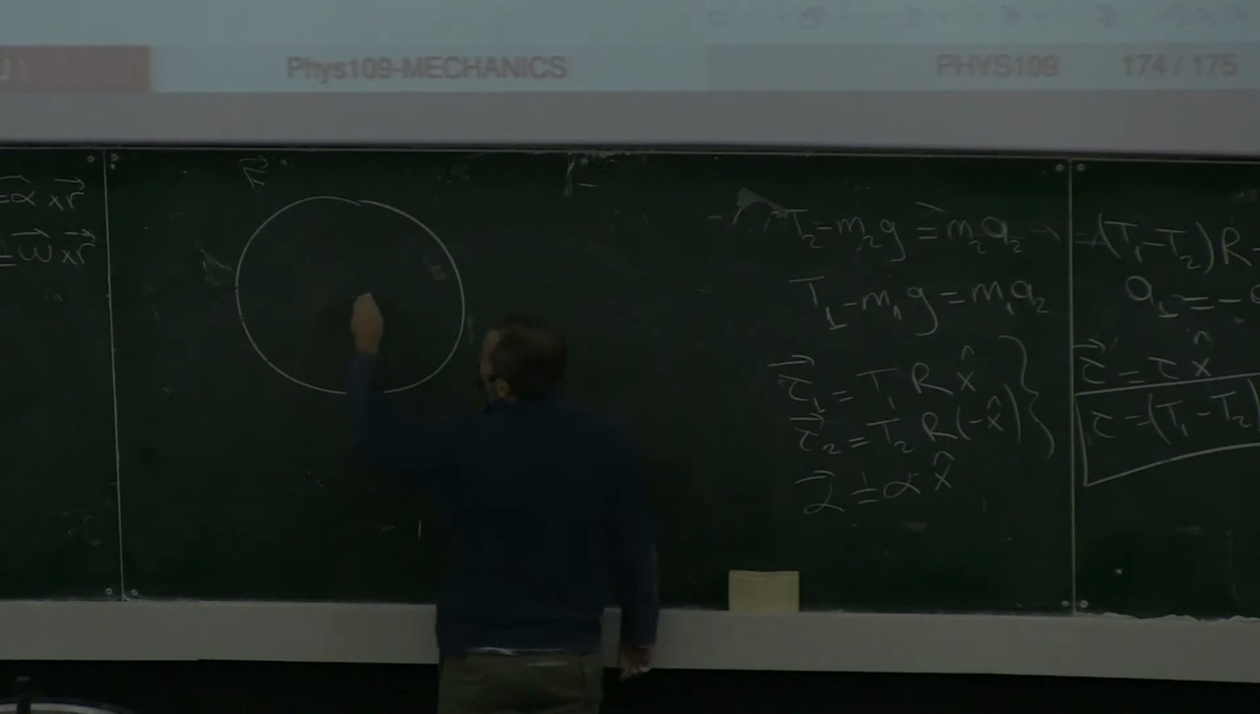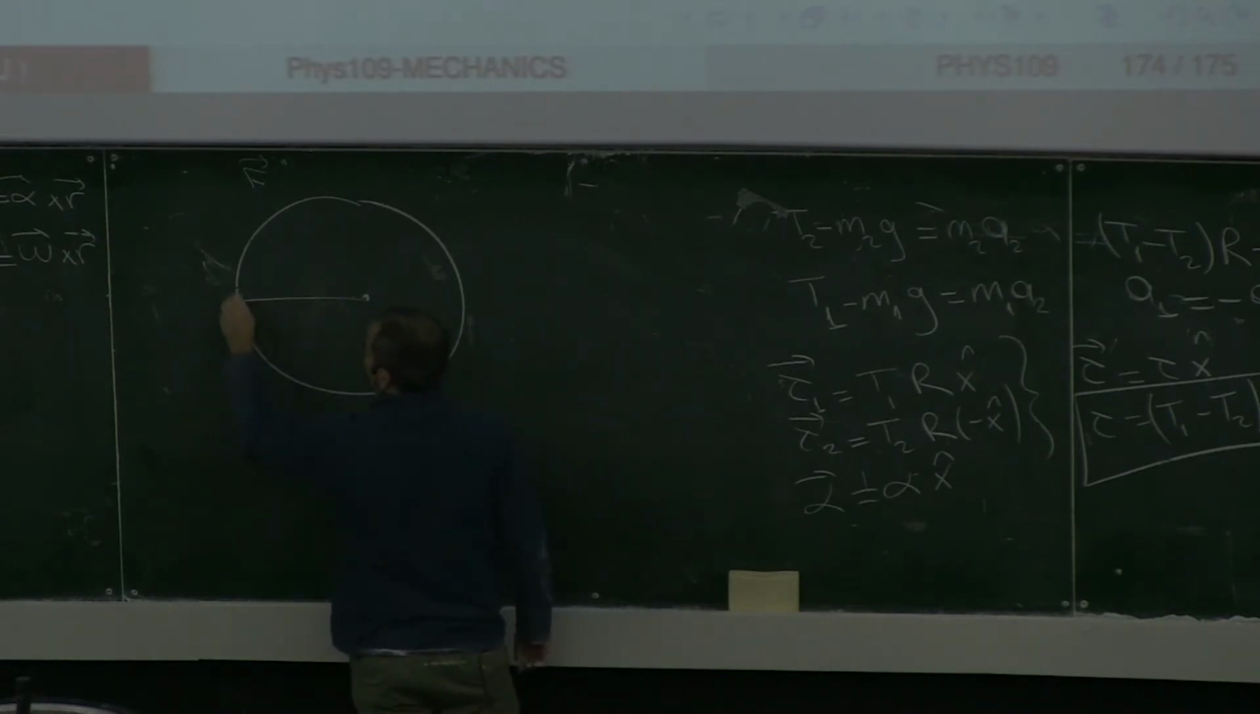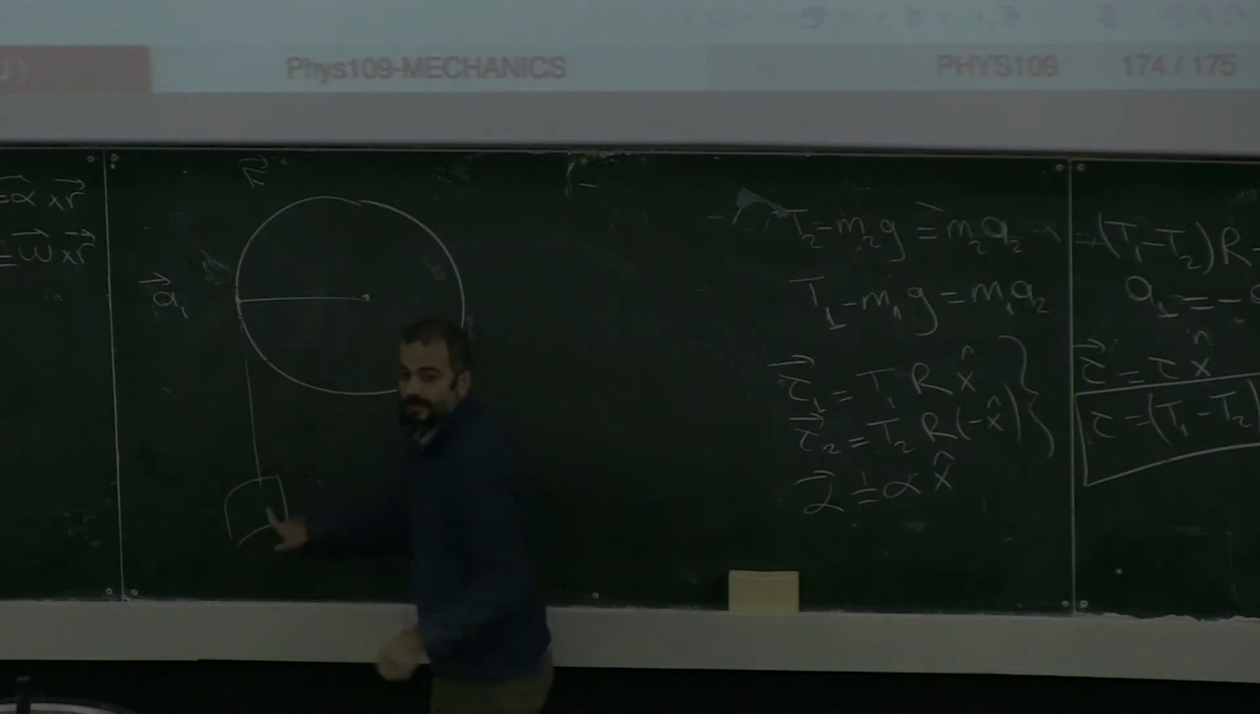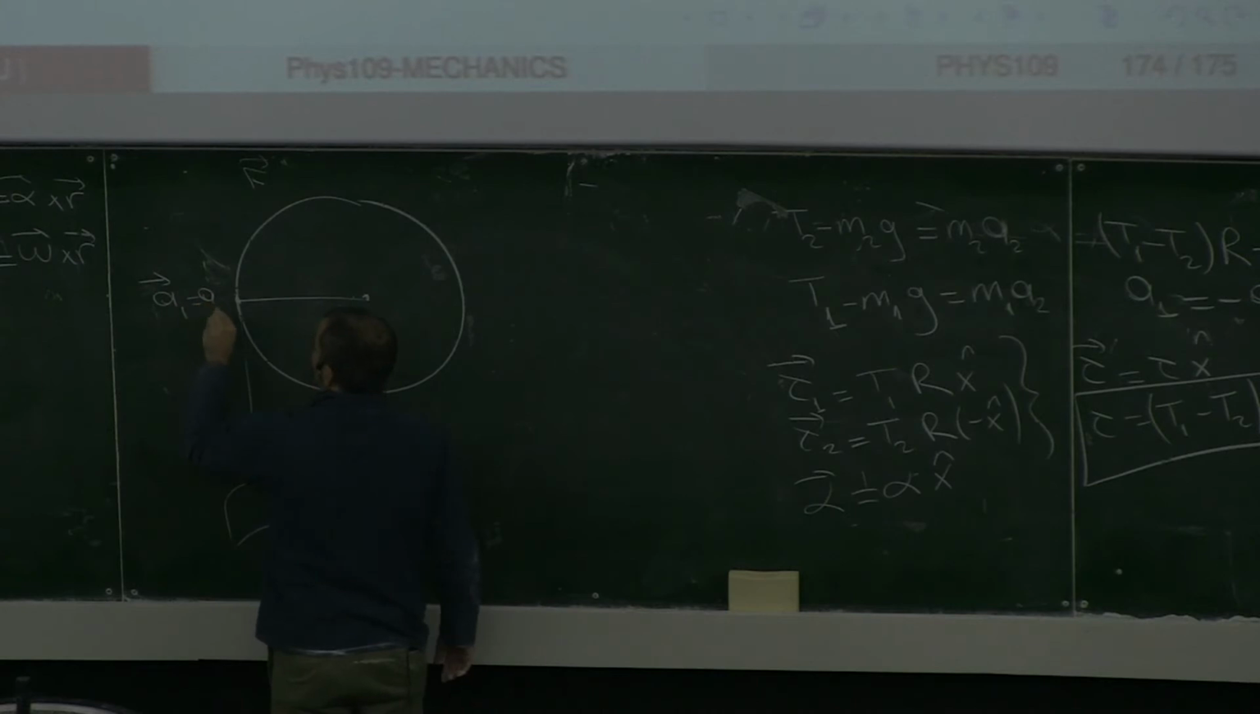So this is my pulley. I'm looking at this point. I know that this point has acceleration a1 because it is connected to this string over here. It has the same acceleration. But this is the tangential acceleration